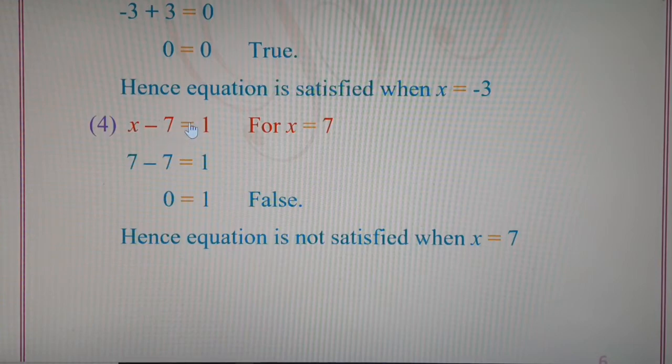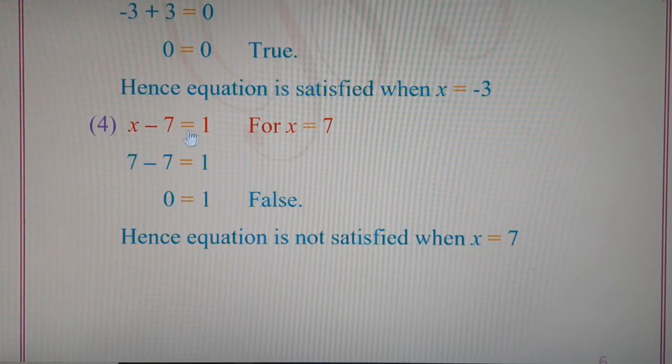In this, the equal to sign is there, and on the left hand side there is something and on the right hand side there is something, and the equal to sign is put in between. Then this type of mathematical statement is known as an equation. But individually, the left hand side is known as an expression. The right hand side is known as an expression. An expression can contain only a number, or it can contain a number and an alphabet also.